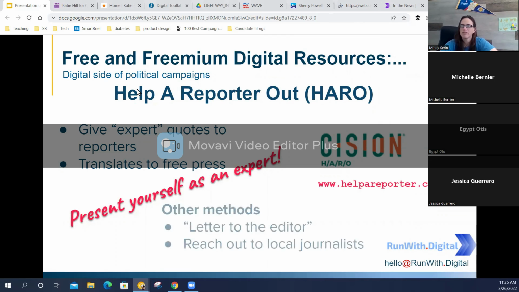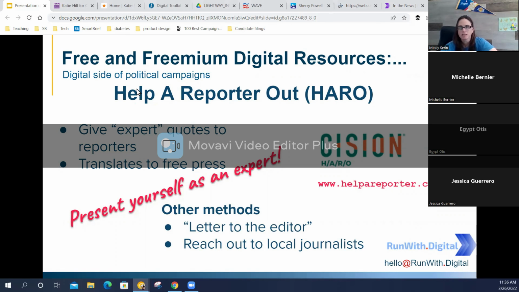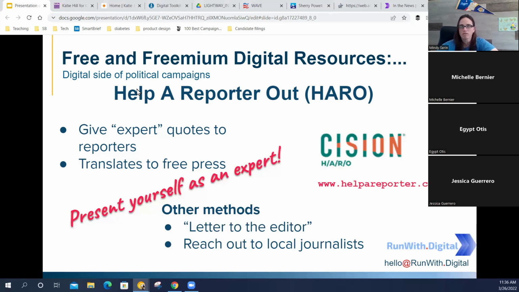Now, there are other ways you can do it. You can do a letter to the editor. You can reach out to a local journalist. If you're an expert in a particular field and there's a periodical on that field, you can do like I did and write a couple articles. I wrote articles for Campaigns and Elections magazine. So that tells potential clients that, hey, I'm an expert. So if there's an online magazine about education and you're running for school board, you can write a piece on something that you did and then put that on your website. And it's free press. You look good.